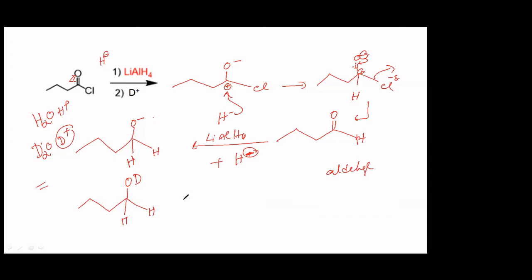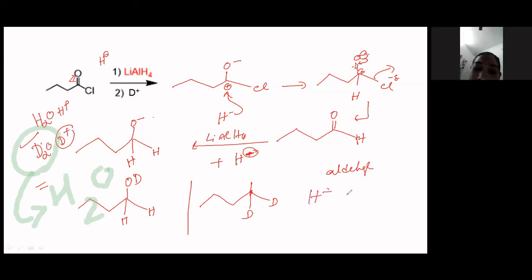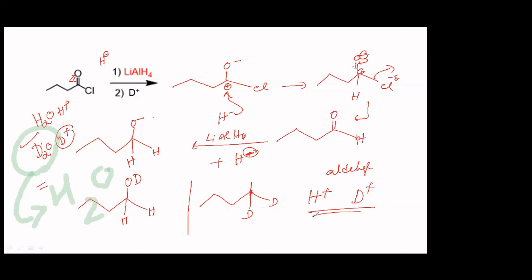Okay, you should be able to identify this. Sometimes they will ask you this. Sometimes in the four options, they may have given you a D here, D there. So that will not come. Carbon will not take it. It will take it from the medium. Instead of H2O, it is D2O, heavy water. Deuterium is the isotope of hydrogen. It is possible to use this, and it is called heavy water. H plus and D plus have similar characteristics. Only thing is, it is a little bit heavier than this.